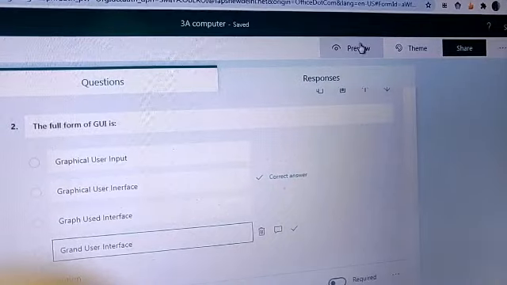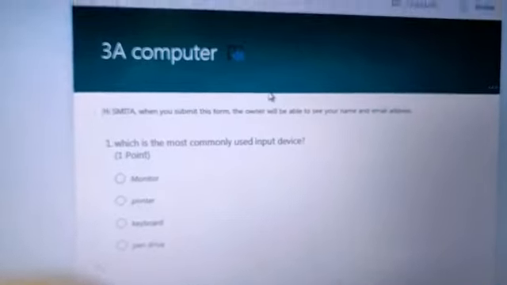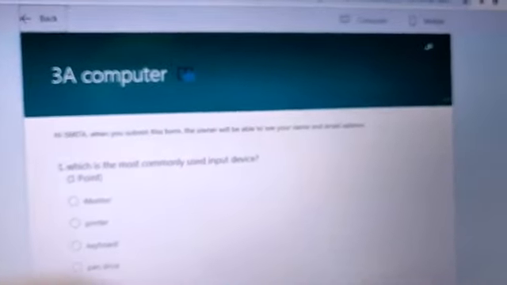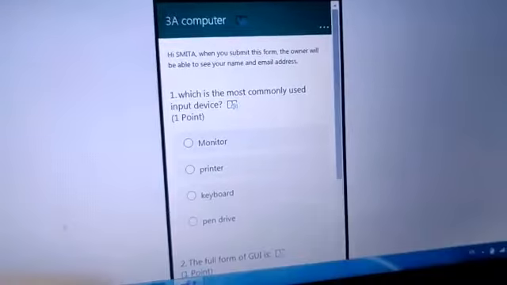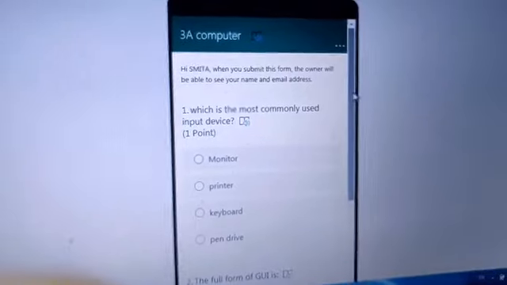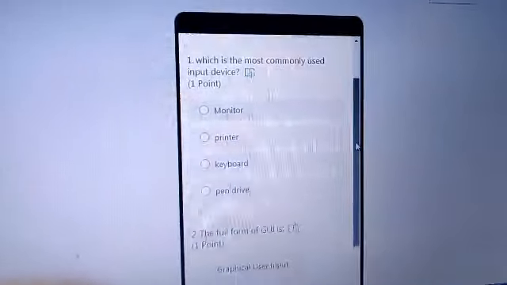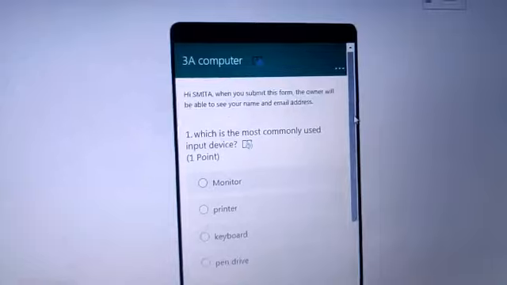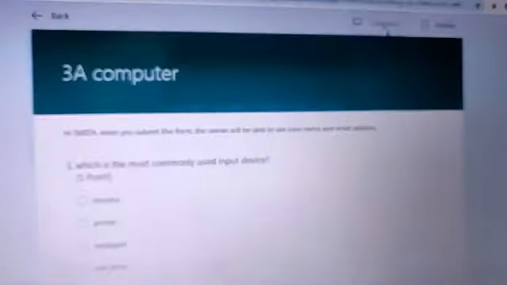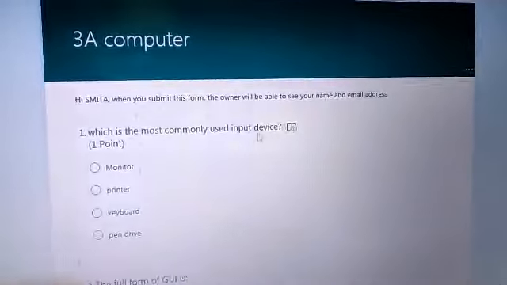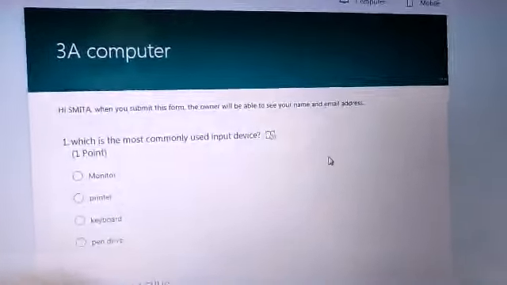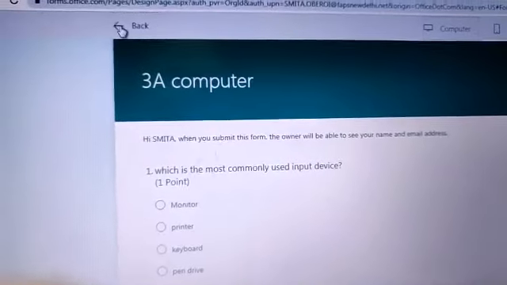The next step is we have to go to preview. I want to see how the preview looks like. Now the paper looks like this in a computer, and we have got another option, mobile. So we can see how the student will be able to see it in his mobile. So this is the preview in mobile, and before that we saw the computer version also. So this is how it will look for the student. Now after this we'll go back.